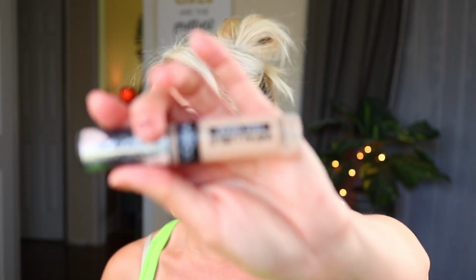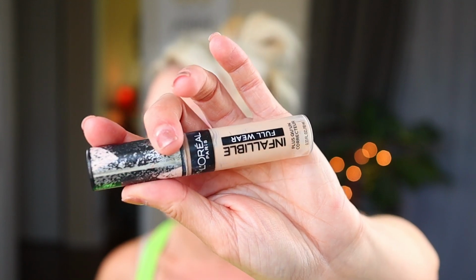I do have a replacement that is in my makeup basket currently, and this is the shade Vanilla. The shade that I got is a lighter shade called Eggshell. This is just a really nice full coverage concealer. I primarily use it to clean up my eyebrows, if you watch my videos. But when I was trying to finish this up, I did use it a little bit on my face, and in a pinch I will use it on my face. But yeah, really like this. I had this for probably at least a year, so I really enjoyed it a lot and have already repurchased my